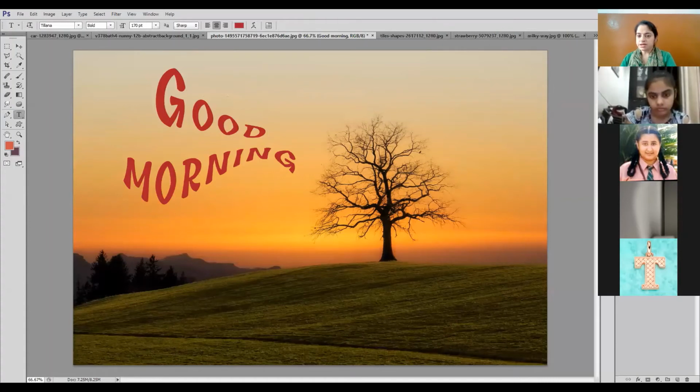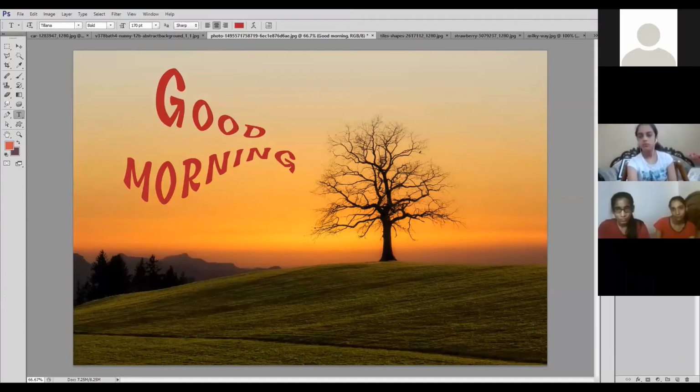One more thing, as you can see in the layers panel, when I type the text, it is giving me a different layer. Good morning. If I want to delete the text, I just have to delete the layer. I will delete the layer, and it will delete the text because the text is in a separate layer. I can hide it by clicking on this eye icon.